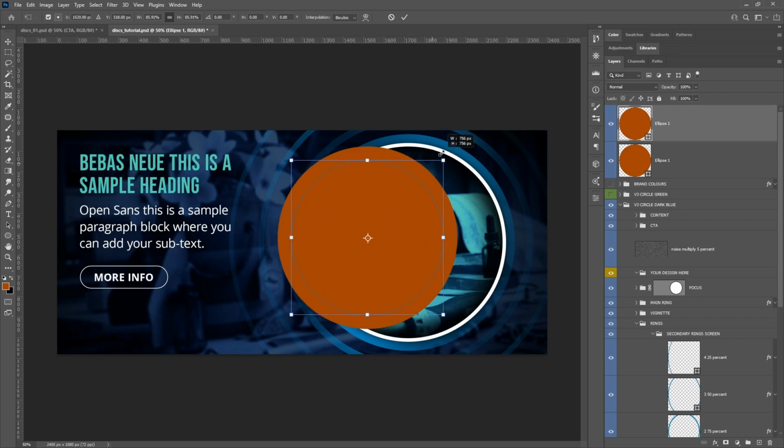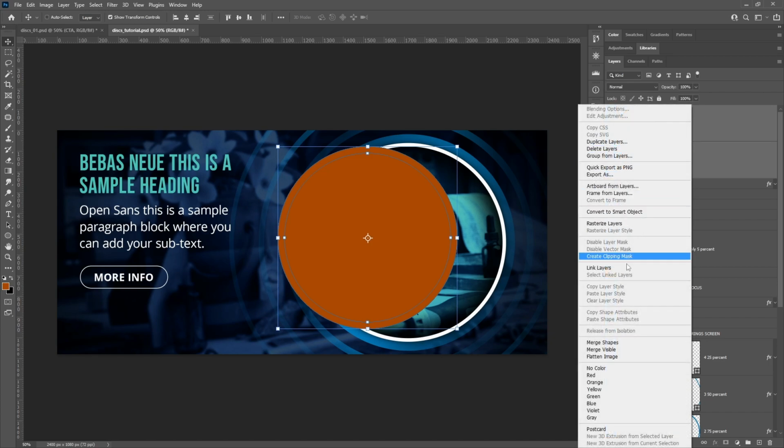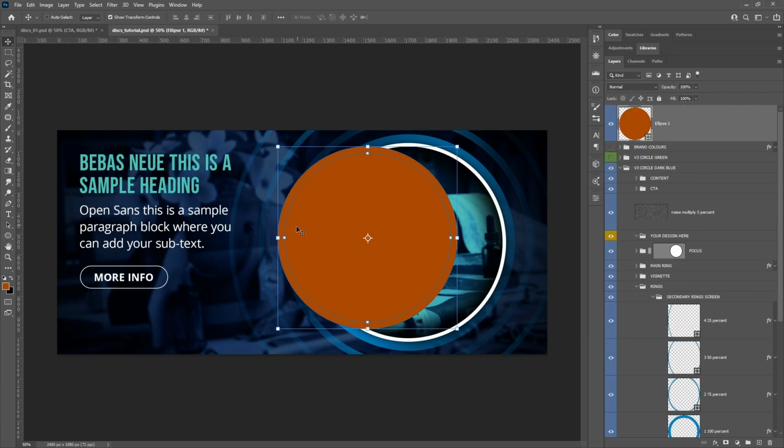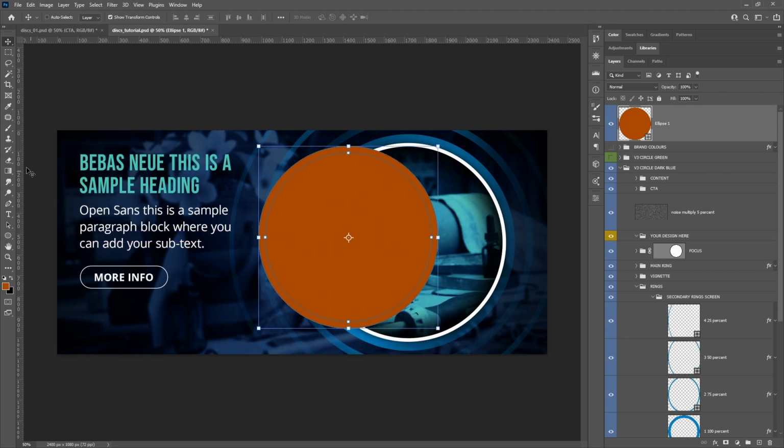If I press Alt, it jumps to the center. So let's just do that. And if we select both of these layers now, and then right click and select merge shapes, you now have one layer with both of these circles on, right? Now if we switch over to this path selection tool, we can select the inner path that we just created